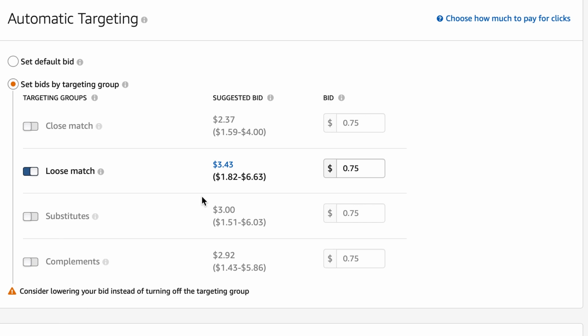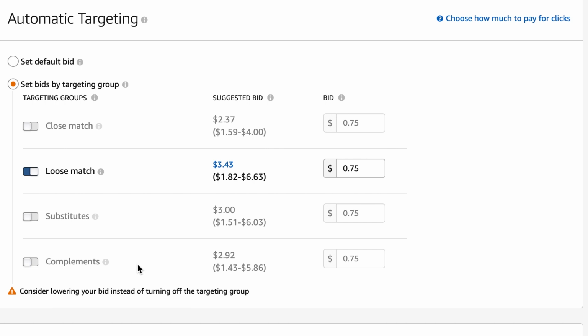Now the benefit of this is it makes it easier to control the budget because you can adjust the budget based on each targeting group, and you can control the bid based on each targeting group because each of these targeting groups is going to perform differently for your product. You've probably noticed before if you've checked this out that close match will get you most of the time the majority of sales. So normally the bid and the budget, you'll want to have higher for that. Whereas some of these other ones, you might want to have the bid lower and have the budget lower.